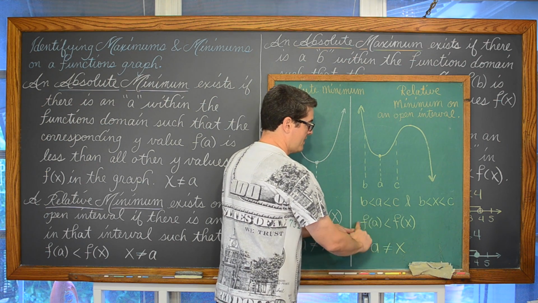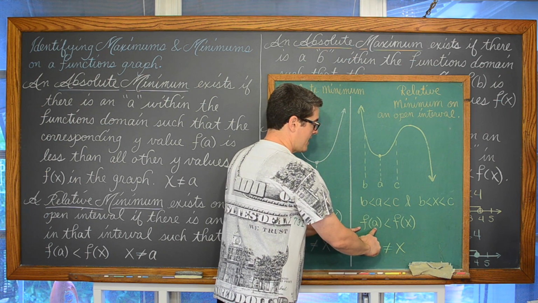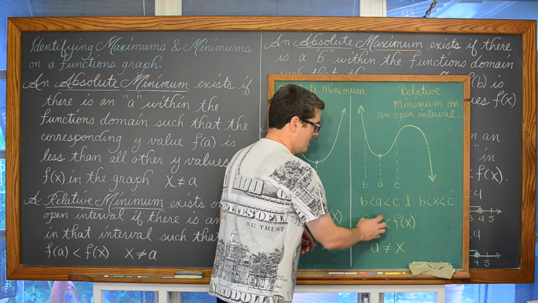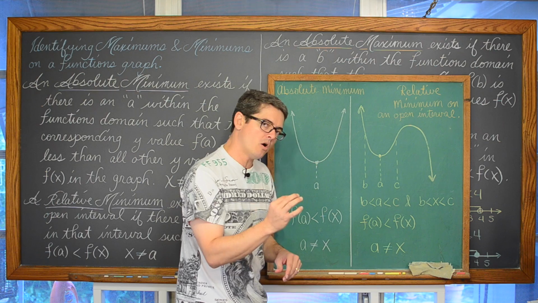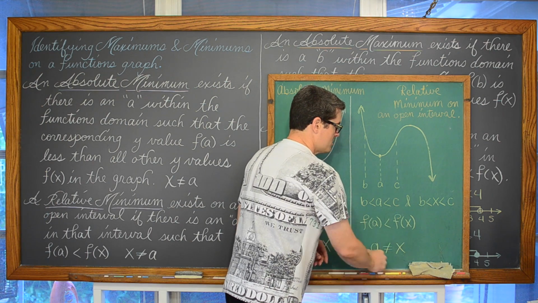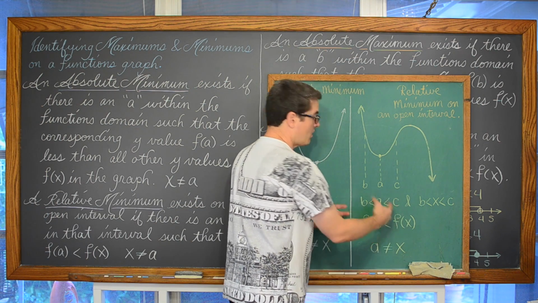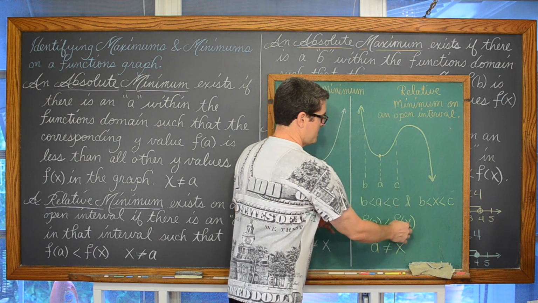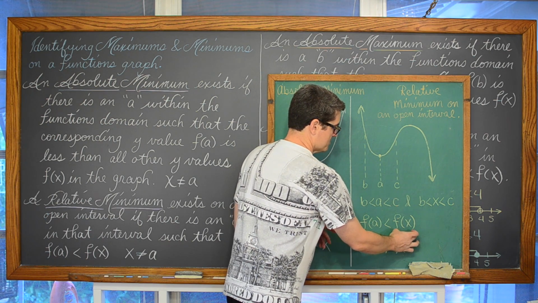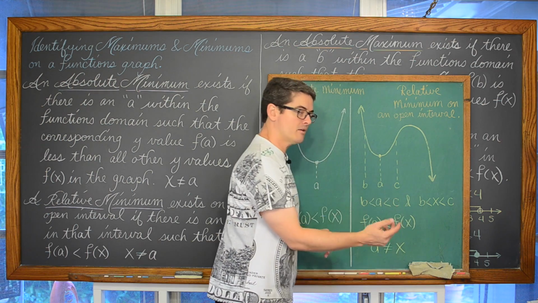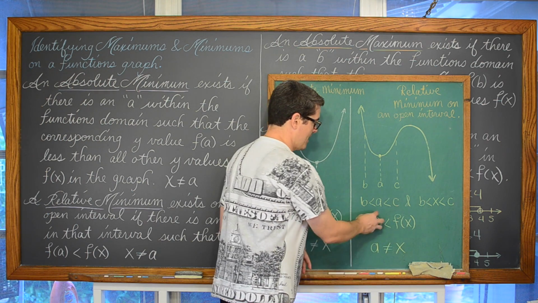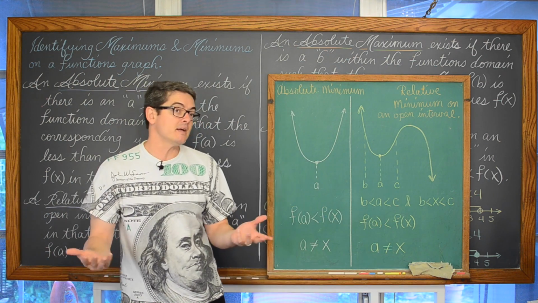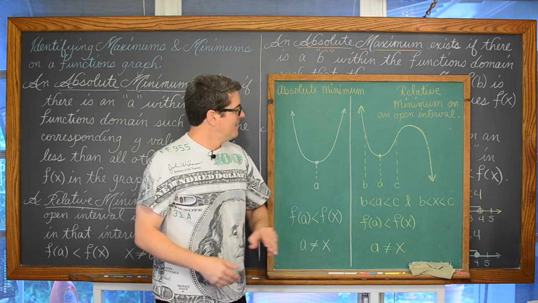There's a y value that you get from plugging a, that x value, into the function. You get some kind of y value that's going to be smaller than all the other y values that you get when you plug in x's in between b and c. When you plug in any other value of x on this open interval, that y is going to be smaller than that y, again, assuming a is not equal to x, because then you're talking about the same point.